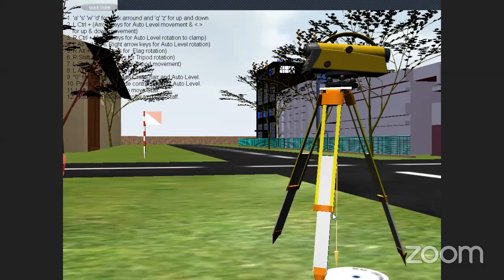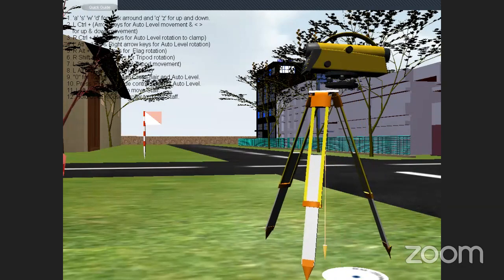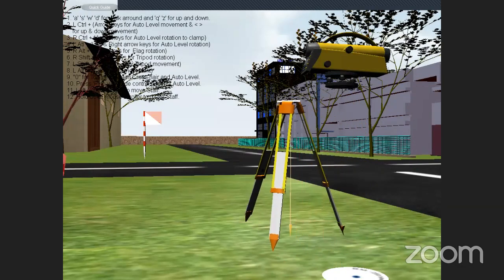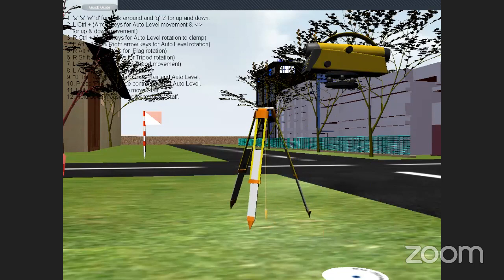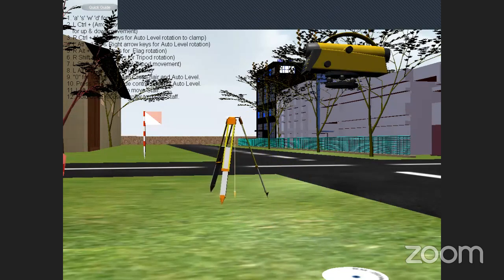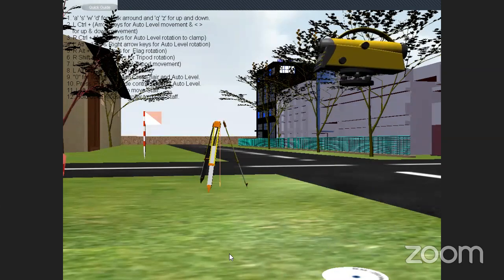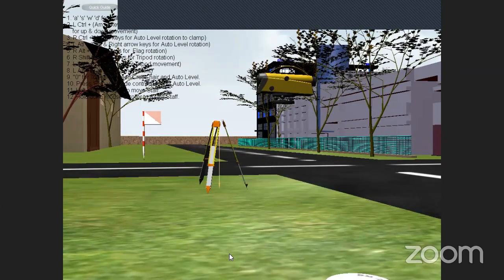Okay, understood. For that, I need to shift my telescope and tripod to somewhere else. The telescope position and staff, you can fix approximately with reference to the previous reading. You have to adjust your instrument in a probable location. Now I am going to shift my tripod as well as the telescope to a different place so that I can keep the staff on the benchmark. This is the benchmark, this white circle.